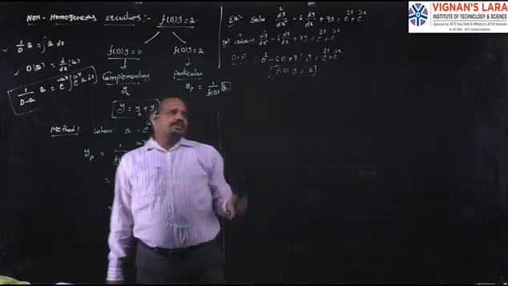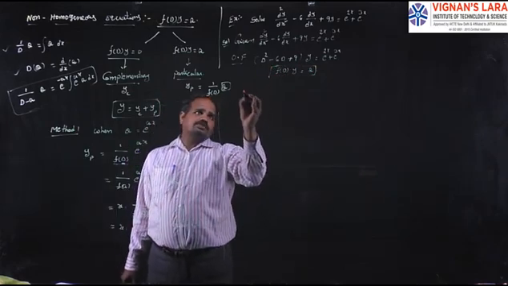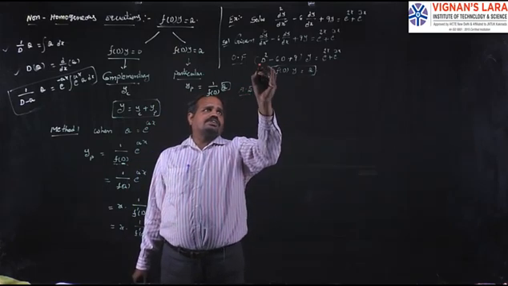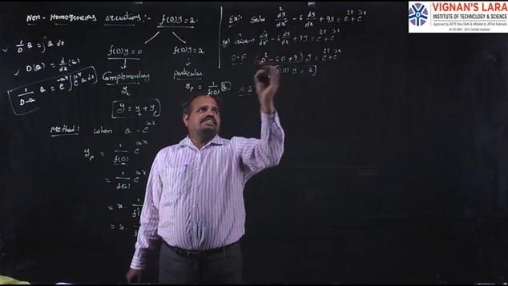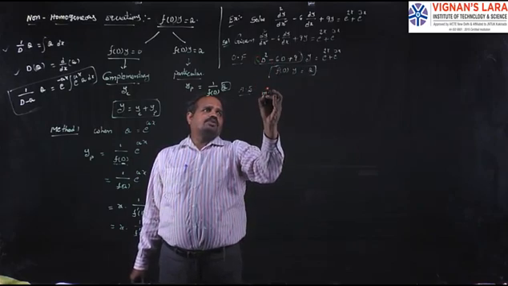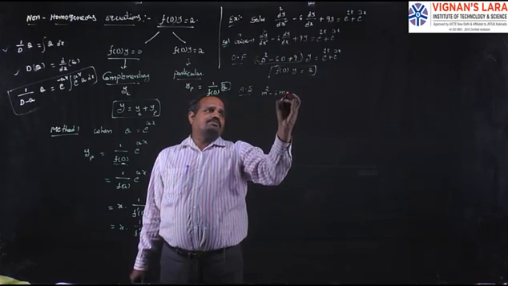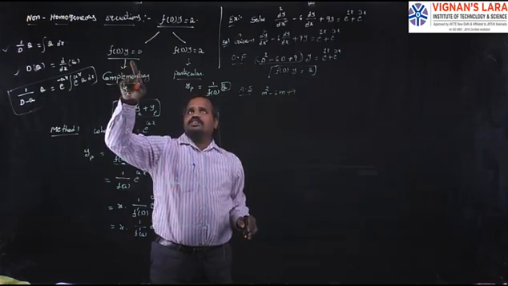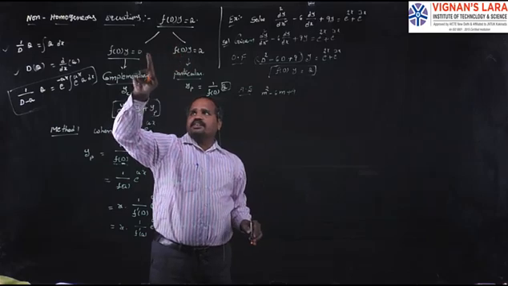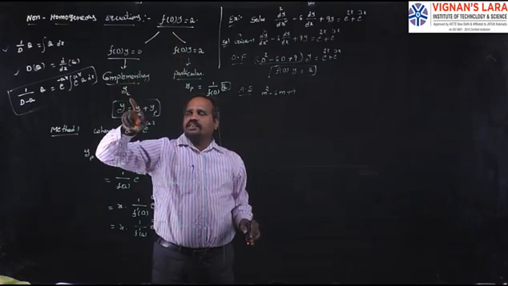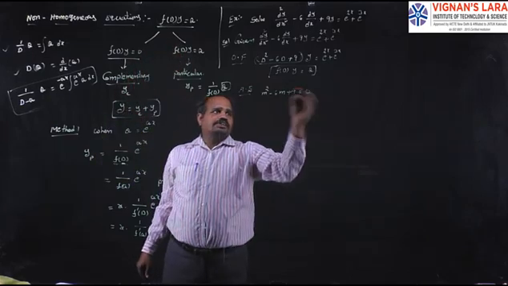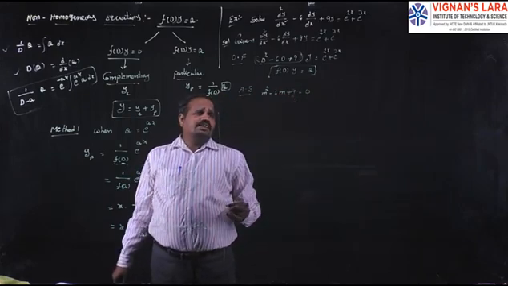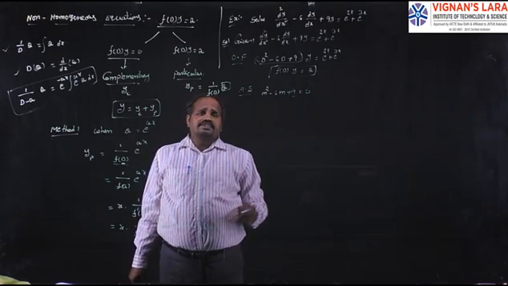In the first step we calculate the complementary solution. For that, we need the auxiliary equation. What is an auxiliary equation? Replace d as m in this equation: m square minus 6m plus 9. The complementary solution is obtained corresponding to this equation, that means we take the right hand side as 0. So let it be 0. Now factorization: product is 9, sum is minus 6. What are the factors? Minus 3, minus 3.